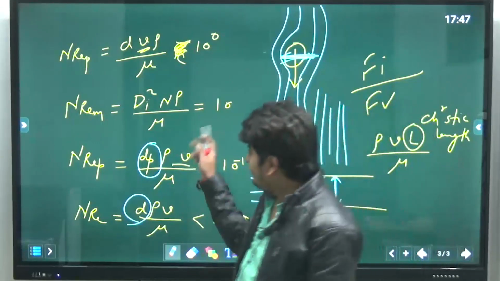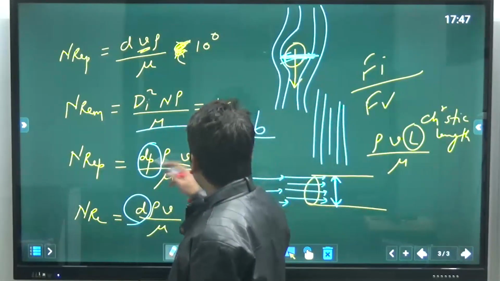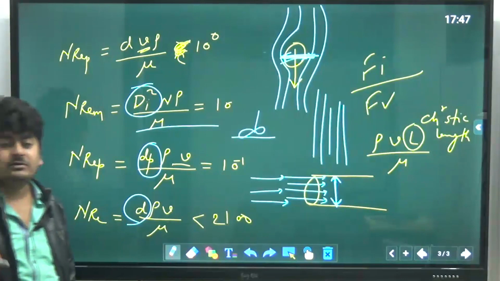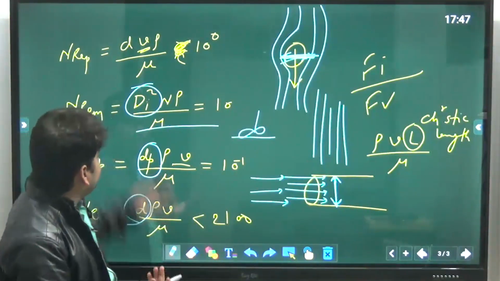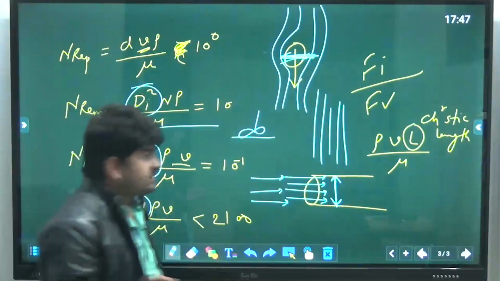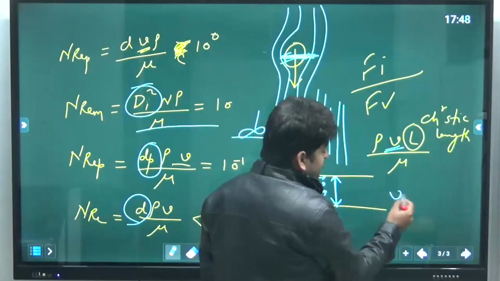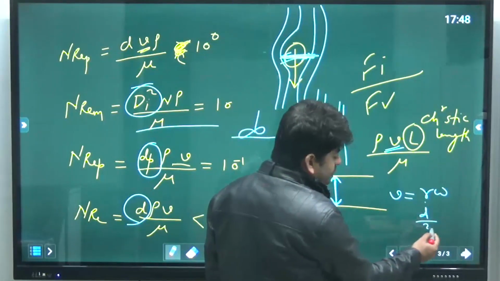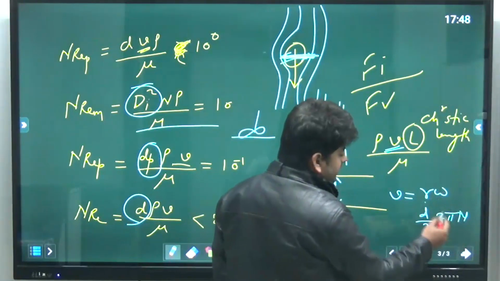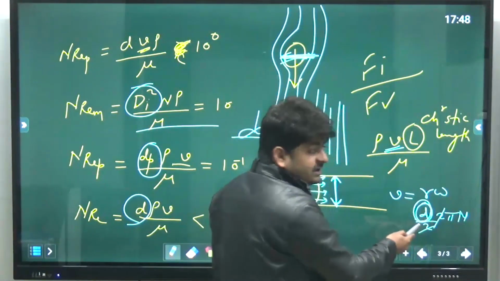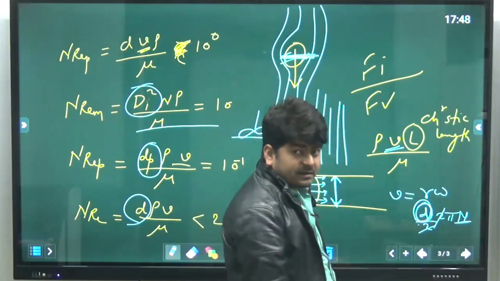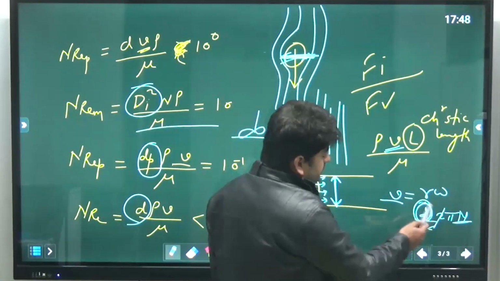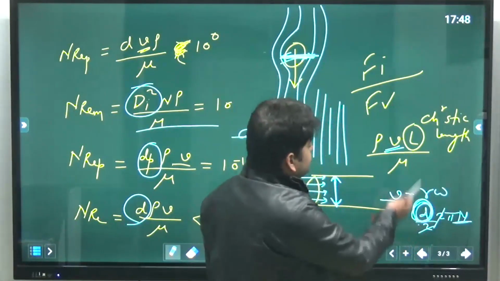In case of mixing, there is impeller diameter. The characteristic length is equal to impeller diameter. Now you can ask, everywhere we have D, but here we have D square. Why? Because V is equal to R omega, R means diameter upon 2, omega means 2 pi n. So 2 will get cancelled, and one extra D will come in the picture whenever we change this linear speed into n, the RPM speed. So it will become D square.